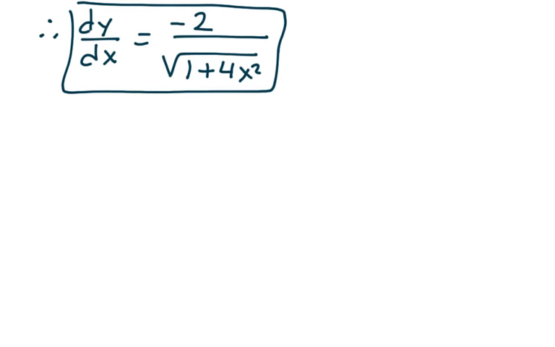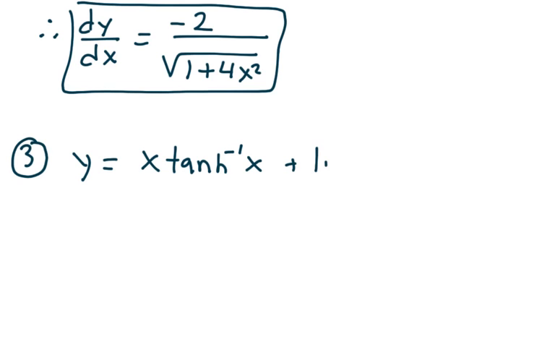If we take a look at example 3, suppose I give you this one. Well, we'll do this one. y equals x times inverse hyperbolic tangent of x plus natural log of the square root of 1 minus x squared. Okay. Now, if I want dy/dx,